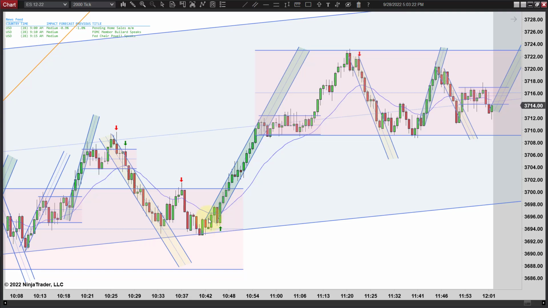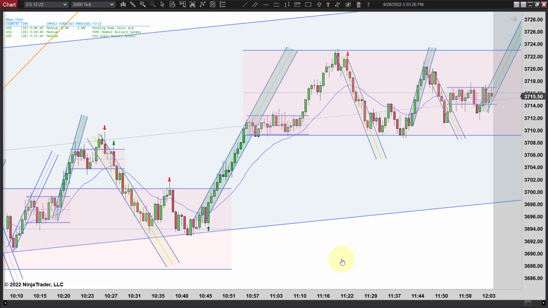It's a little aggressive because it is a little sideways, but there's clearly a trap there, and it takes off. And then of course you get the close outside, and it's just chopping sideways. It does this a lot, and it just doesn't give you a chance to trade it. And then it finally runs up. It actually made a new high right here. Notice you get your close outside and two legs up to a new high.